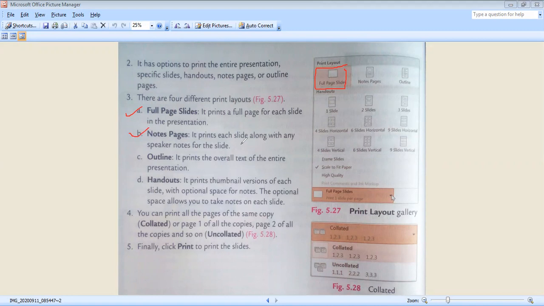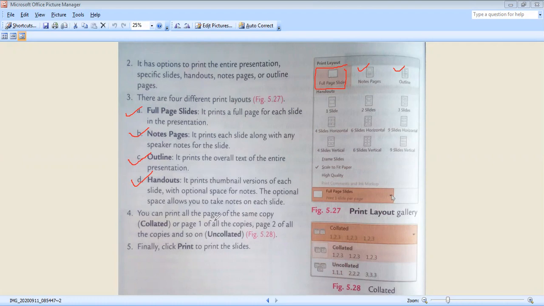So if there is any note, that note will also get printed. Then we have outline. It prints the overall text of the entire presentation. And finally, we have handouts. It prints a thumbnail version of each slide.